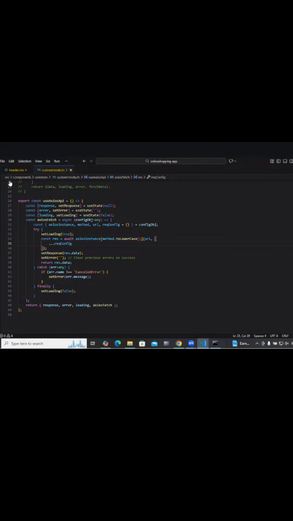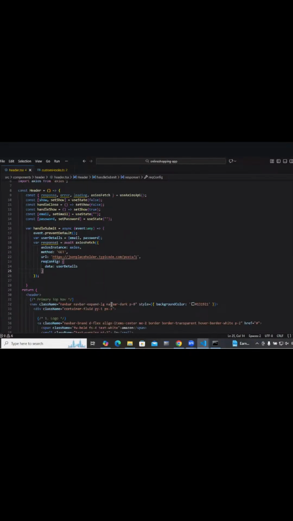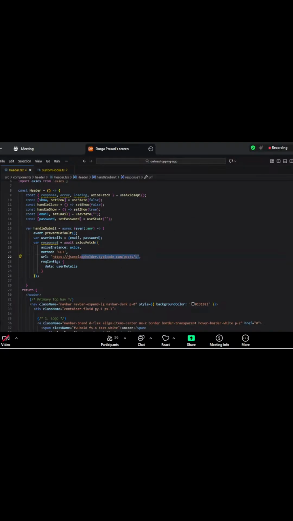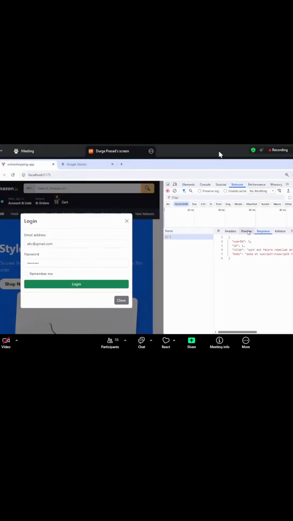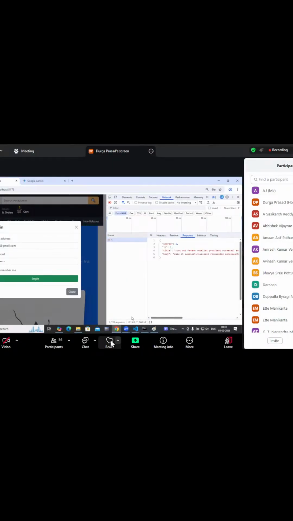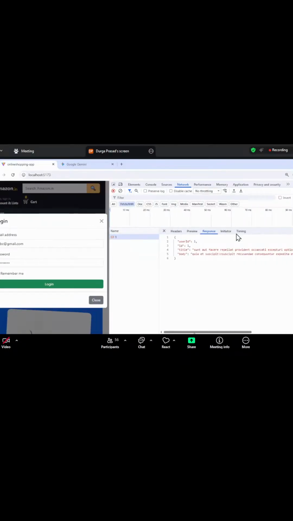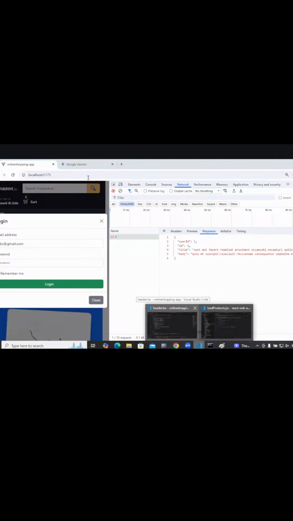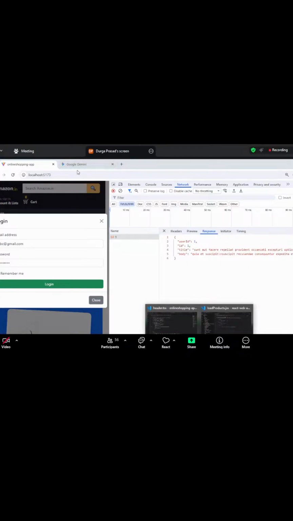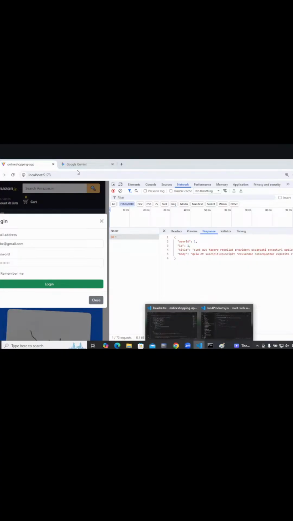Okay. Now, my expectation is that I should be able to hit a URL and get the response. Now, this is where you need to go. When I'm hitting this, if you see, reload it.